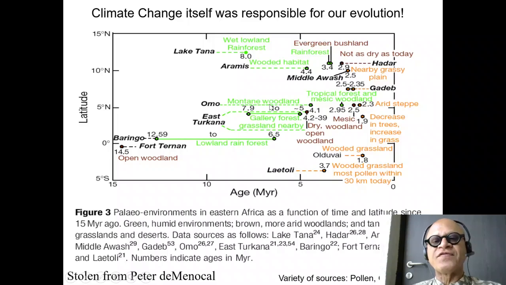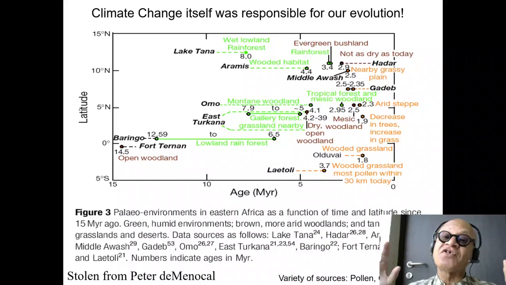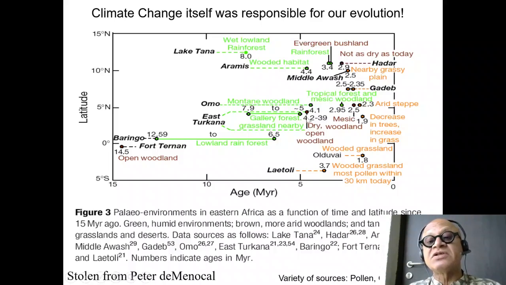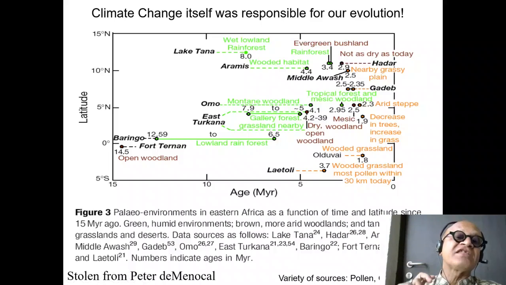We will look at one of them, and the argument also is that this change from a green forest, which is thicker, lots of food nearby, to this open woodland and grassland, which has got less food, and you have to walk further to find food, or you have to run further to get away from predators. In the forest, you can quickly climb a tree or escape in the thick forest, but on this kind of vegetation, that's much harder. So the idea was that this is what led to bipedalism, because you can run much faster when you're upright